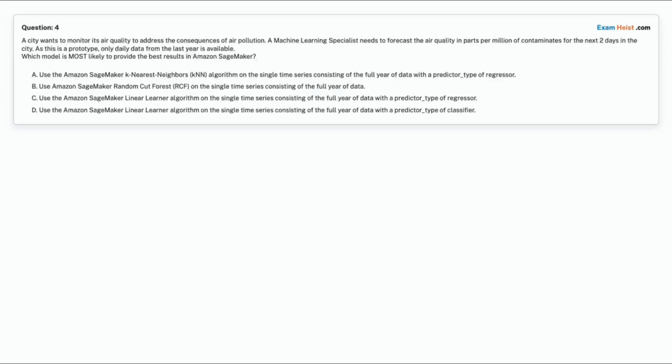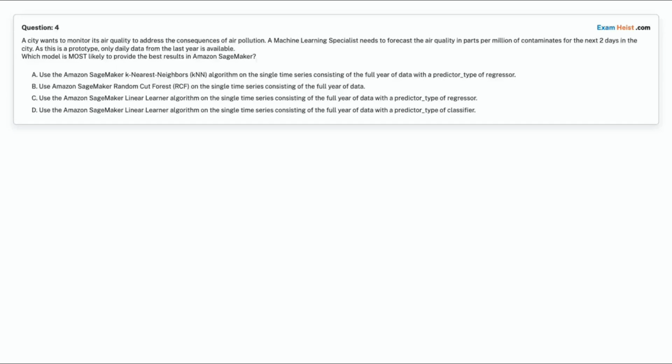Option C. Use the Amazon SageMaker Linear Learner algorithm on the single time series consisting of the full year of data with a predictor_type of regressor. Option D. Use the Amazon SageMaker Linear Learner algorithm on the single time series consisting of the full year of data with a predictor_type of classifier.